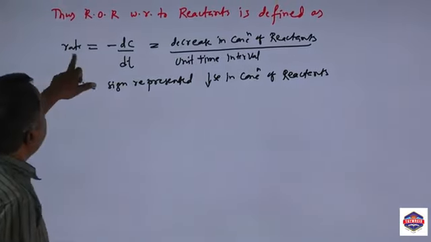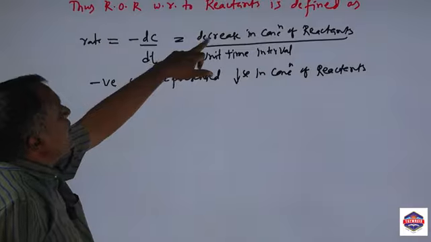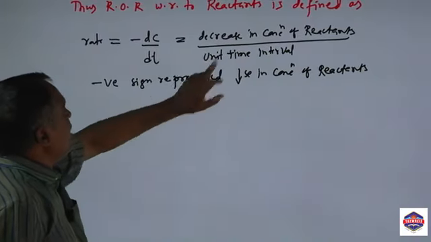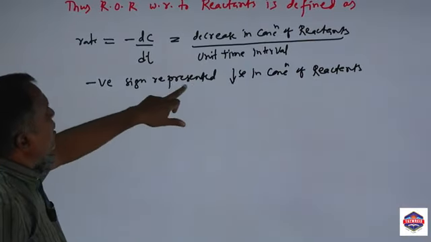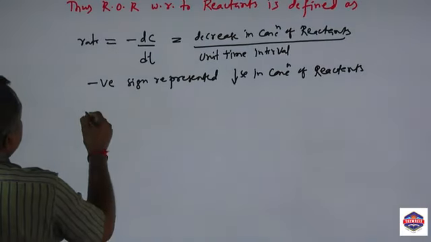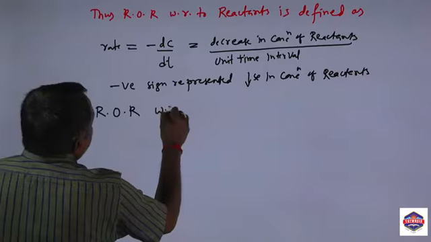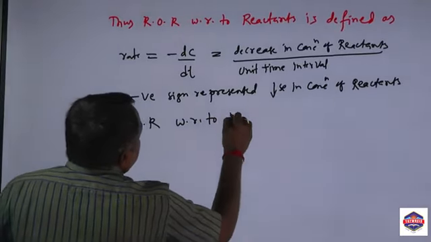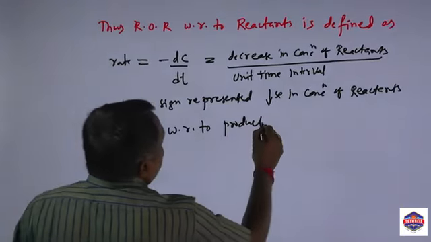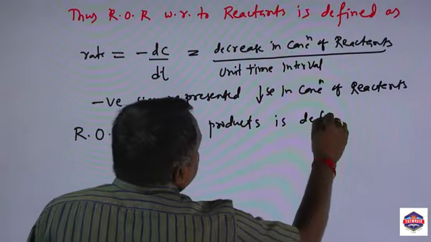rate. So rate with respect to reactant is minus dC by dt. It is decrease in concentration of reactants per unit time interval or change in time. The negative sign here represents decrease in concentration of reactants. At the same time, rate of reaction with respect to products, we can define in another way. So rate of reaction with respect to products is again defined as